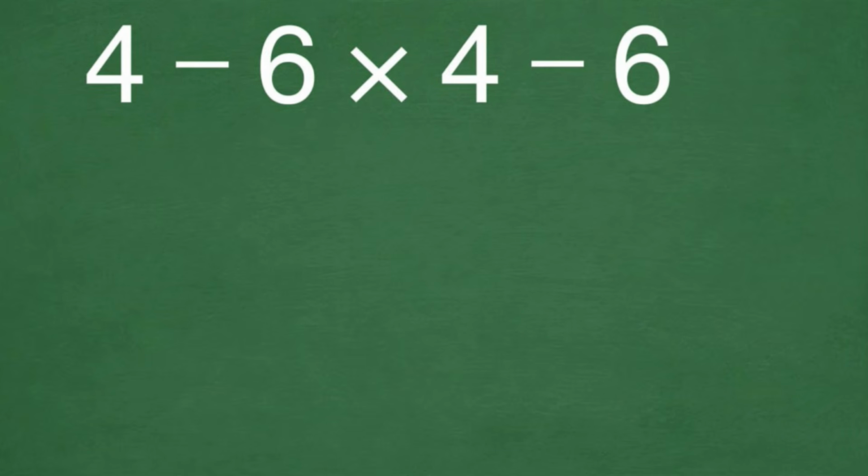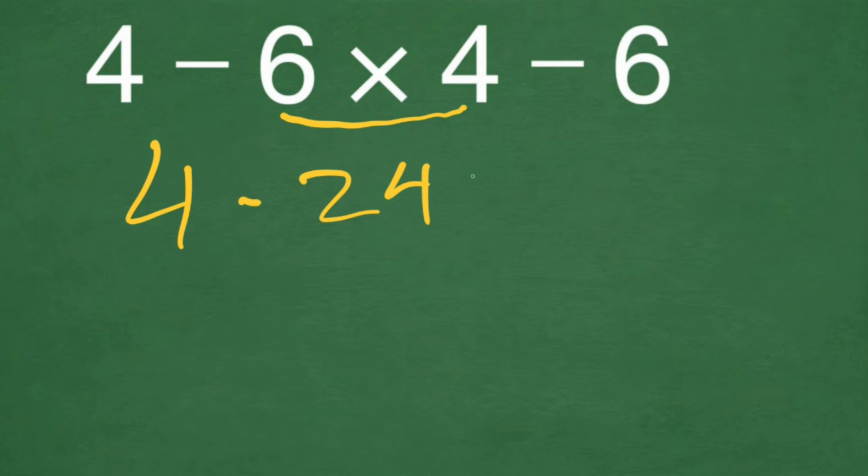So here we have subtraction, another subtraction, and multiplication in the middle. So we have to solve the multiplication before these two subtractions, because multiplication has higher priority than subtraction, right? So 6 times 4 gives us 24, and 4 minus 24 minus 6 is going to be the next equation,